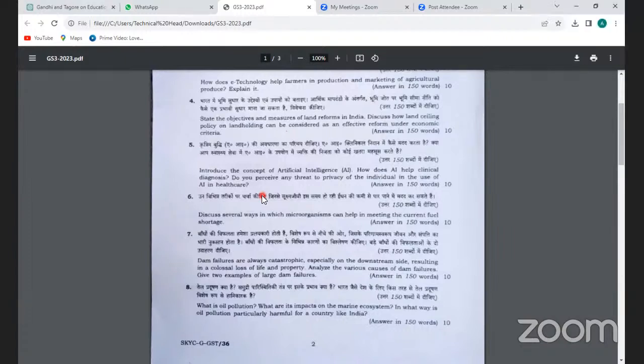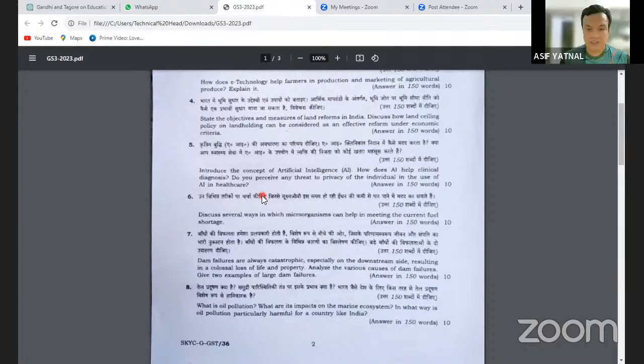यस, डाटा प्राइवेसी एक्ट था. यस, डेटा प्राइवेसी बिल पास किया गया था. इन द रिसेंट कंक्लूडेड पार्लियामेंट्री सेशन डेटा प्राइवेसी बिल पास किया गया था. सो दैट्स व्हाट यू आर सपोज्ड टू राइट हियर. Yes, there could be a threat to the privacy of an individual in the use of artificial intelligence in healthcare, but government needs to make proper mechanism and proper policy to protect the data collected in this process, because ये